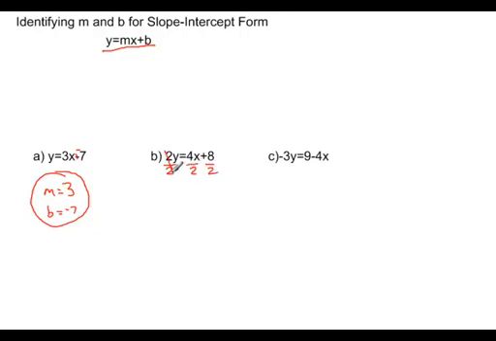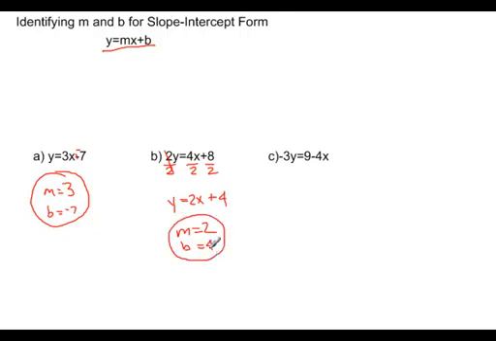These 2's will cancel out, leaving y equals 4 divided by 2 is 2x, and 8 divided by 2 is 4. Now that is in a form that's exactly similar to slope-intercept form, and so we can come off and identify our m's and b's. Please remember m's attached to the x, so m is the number in front of the x, or the 2, and b is the standalone or the constant, which would be 4,